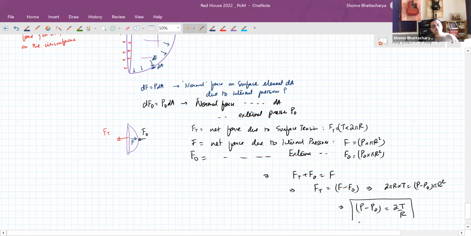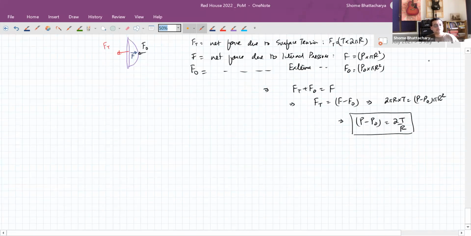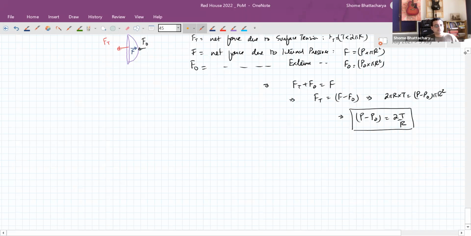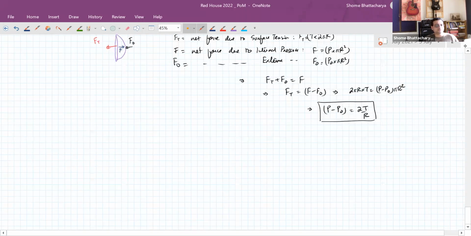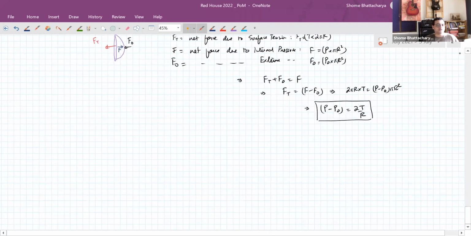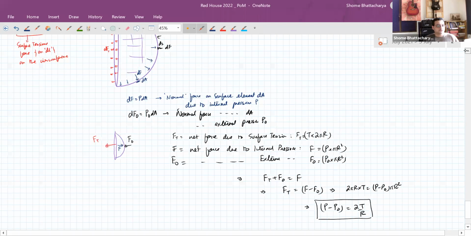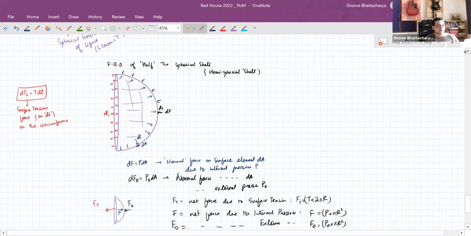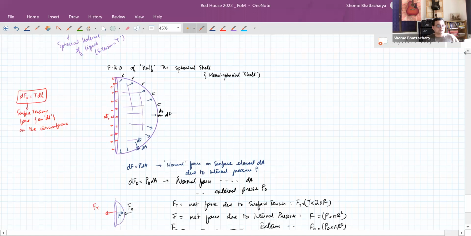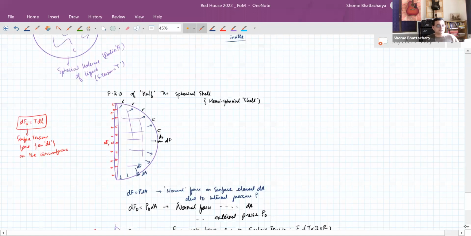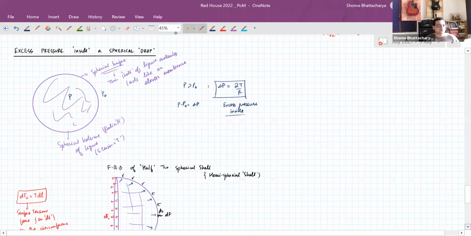So as you go from the convex side to the concave side of a spherical surface of fluid, which has surface tension T, it creates a pressure difference, an increase in pressure from convex to concave side of 2T by r. So first you can just go through this part and note down the critical things, and then we will come to the final part of the derivation,